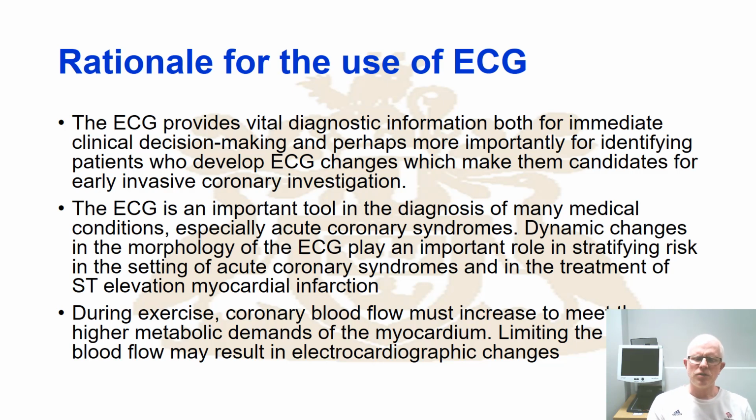But what about during exercise? Well, during exercise, one of the things we know, coronary blood flow has to increase because you've got high metabolic demands. So you've got metabolic demands that are being placed on the skeletal muscle, but crucially remember that the myocardium itself has to be oxygenated. And the first organ that is oxygenated from any cardiac cycle is the heart itself. So if there happens to be a limitation to coronary blood flow, you're going to see that in the ECG. So in other words, if for whatever reason there is a change in the O2 delivery to the heart,